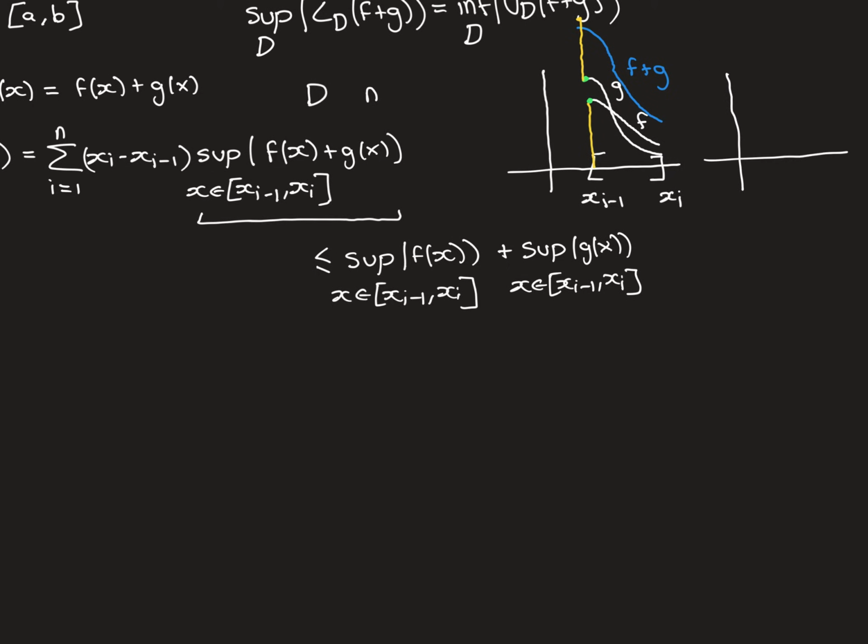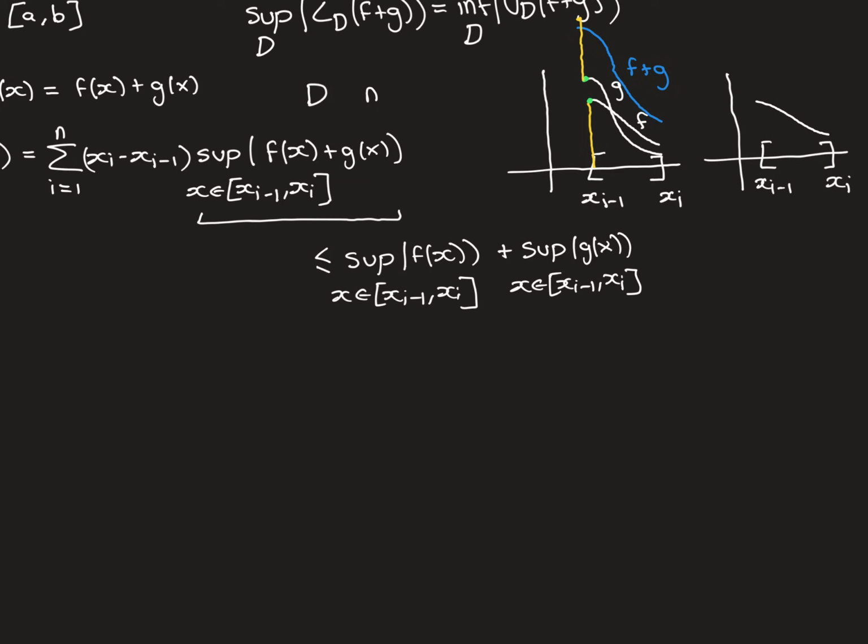So, again, here we have the interval xi minus 1 to xi. Now, the reason that the supremum of f of x plus g of x ended up just being the supremum of f plus the supremum of g is because they both had their supremum at the same value of x in the interval. If they didn't have their suprema at the same value in the interval, then that wouldn't be the case. So if instead we drew something